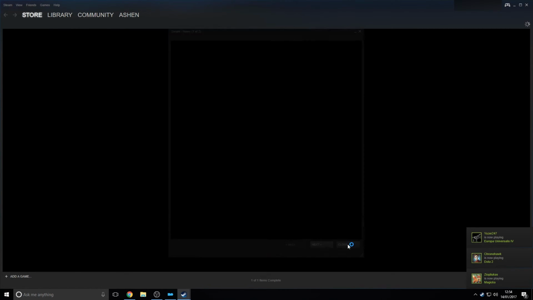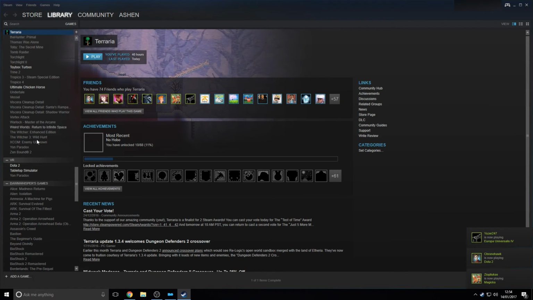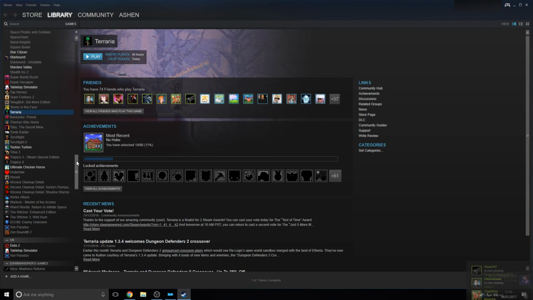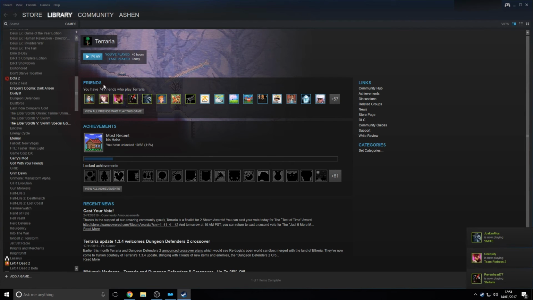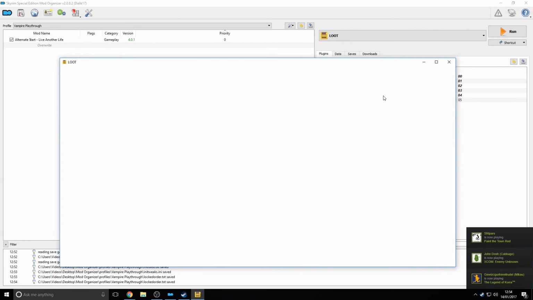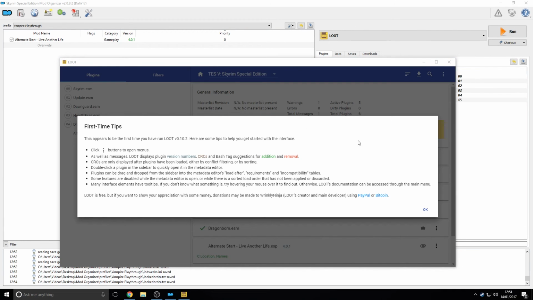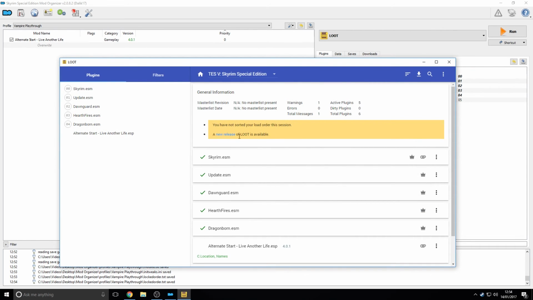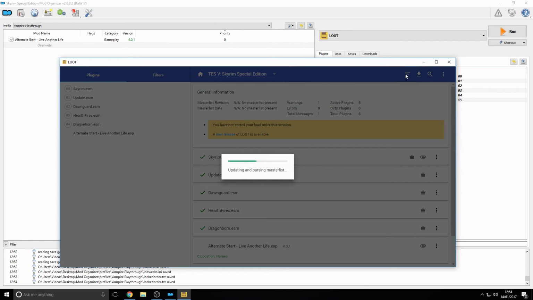There we go. So we can see here I've got my library, and right at the top, I have Skyrim Special Edition. There we go. Now we can hit OK, and hopefully LOOT will start running. There we are. So because it's recognizing this as the first time we've launched LOOT, it's telling us how to use it. Okay, it does have a new release available, but we're not going to use that right now because we don't need it. And we're going to do the same thing we did before, which is click sort plugins, and it